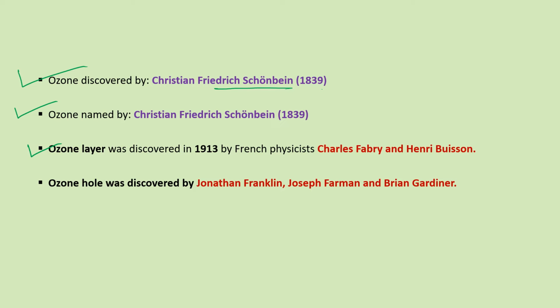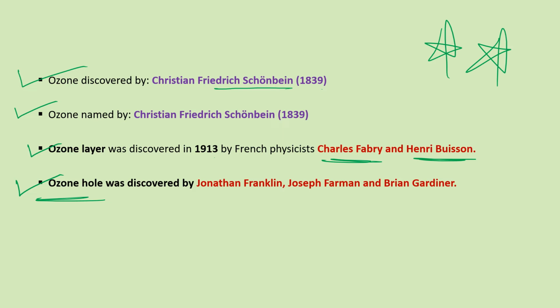In 1913, the ozone layer was discovered by Charles Fabry and Henri Buisson. Then after, who discovered the ozone hole? The ozone hole was discovered by Shanklin, Joseph Farman and Brian Gardiner. So याद रखना ये स्लाइड काफी इंपॉर्टेंट है।